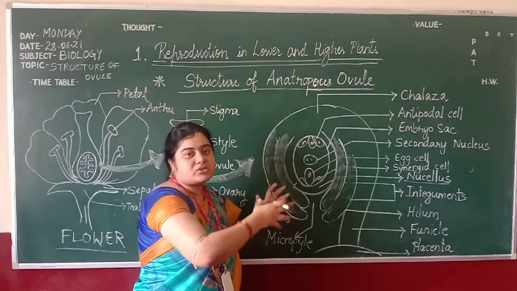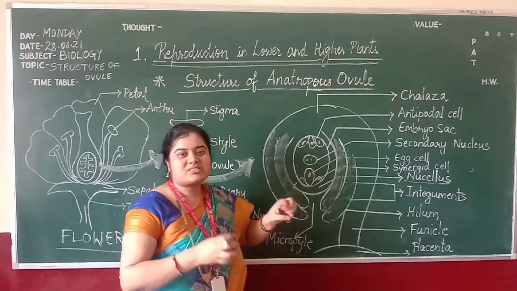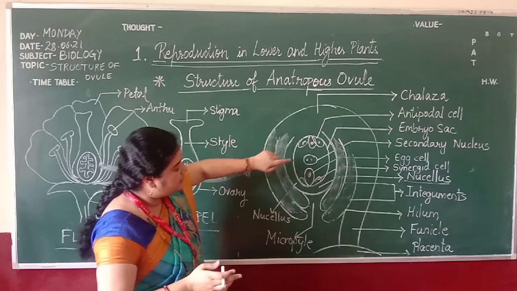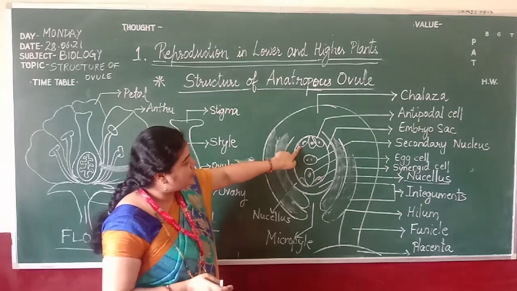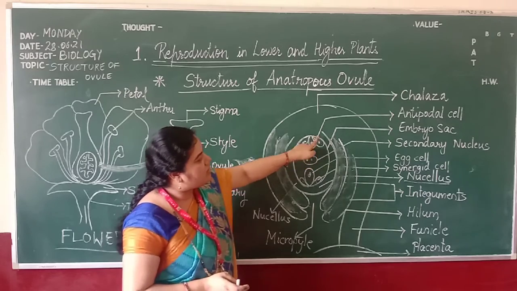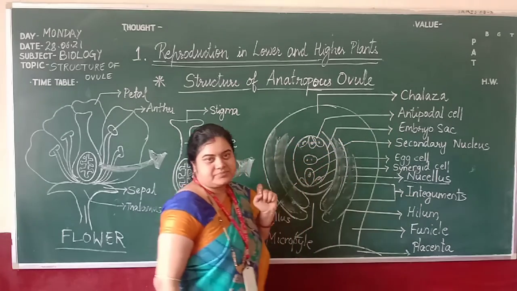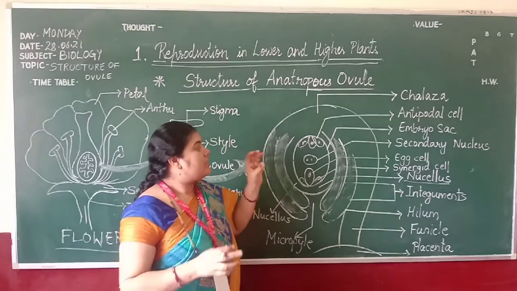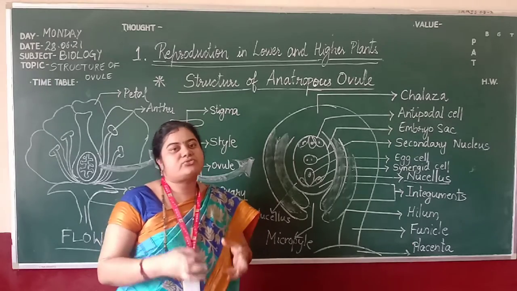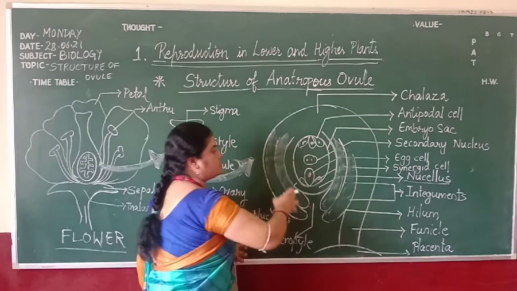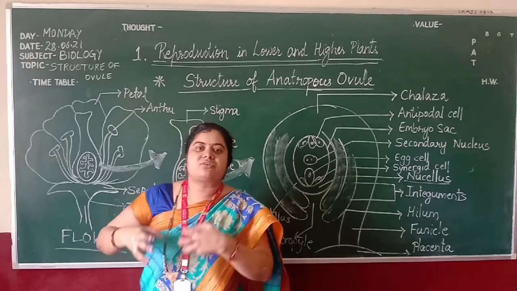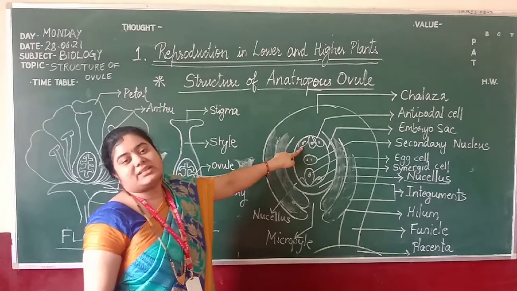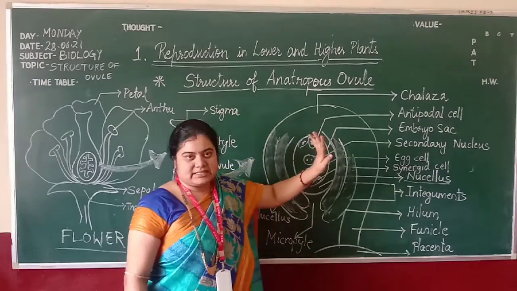The embryo sac in an angiosperm is always a 7-cell and 8-nucleate structure. And in the embryo sac of an angiosperm, the arrangement is also fixed. They have a definite type of arrangement. Let's see this arrangement. At the top you can see 3 cells drawn. These are called antipodal cells. They always number 3 and are haploid in nature. Their main function is to give nutrition and nourishment to the whole embryo sac, for further development and function. All the nutrition will be provided by these antipodal cells.